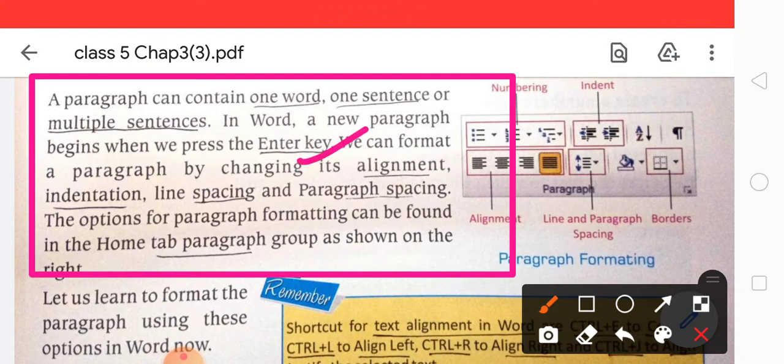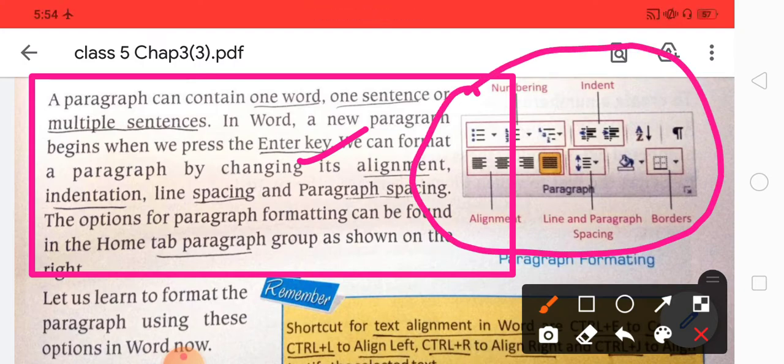So we can format a paragraph by changing its alignment. Here you see this one is the paragraph spacing.